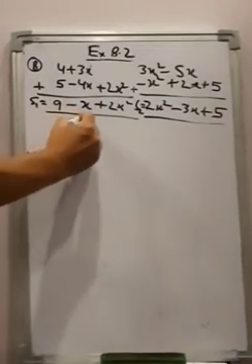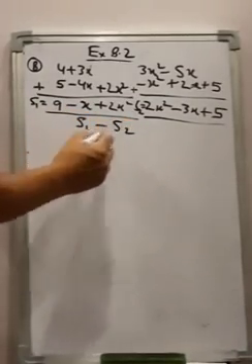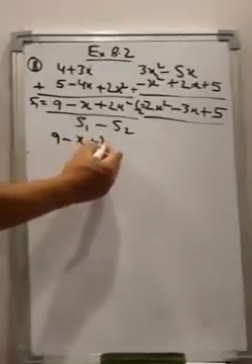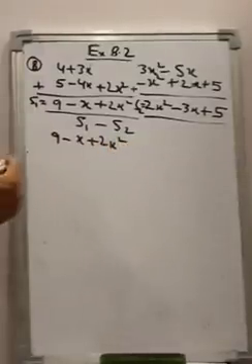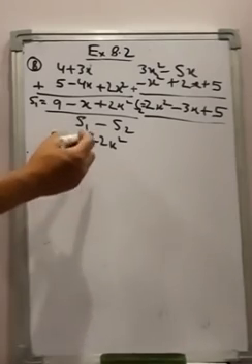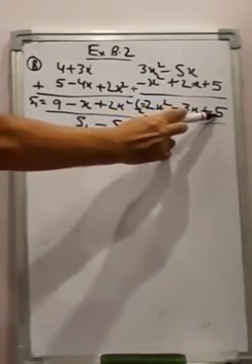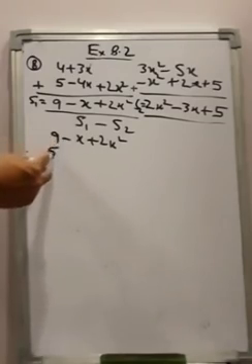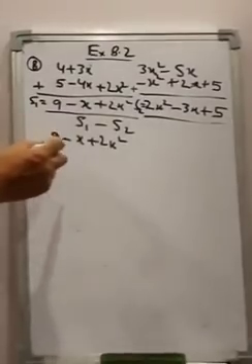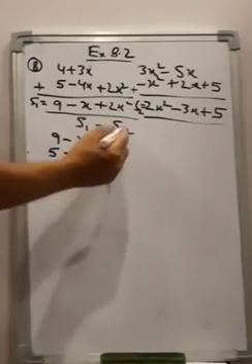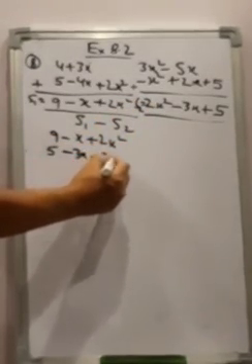Now from S1, sum 1, you have to subtract sum 2. It is given in the question. So 9 minus x plus 2x square, and from this you are going to subtract 5. Now see, here 5 is written at the end, but while we are writing the second row, you have to be careful that you write it below its like term. So that is why I have written 5 first, and 5 is plus 5, right? And then x term below x term, and then x square term below x square term.